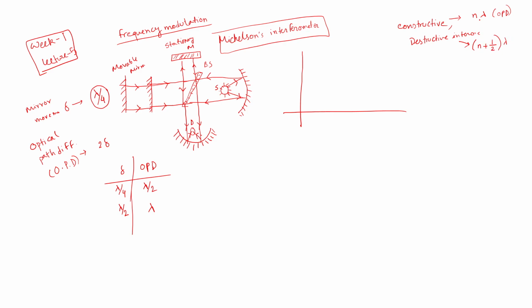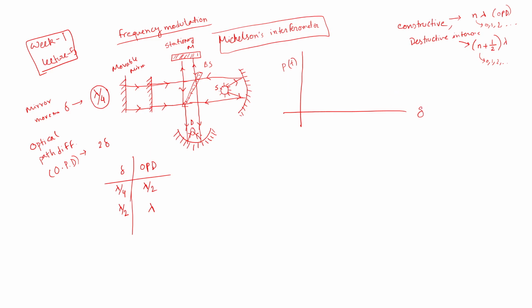Here n could be 0, 1, 2, anything, a whole number. Here also n could be 0, 1, 2, anything. For destructive interference you need n plus half lambda, and this is the case. So actually what Sir has shown, if you have to show this, suppose the signal as a function of delta, when the delta is